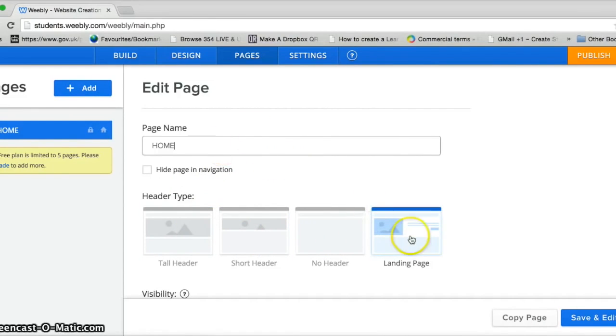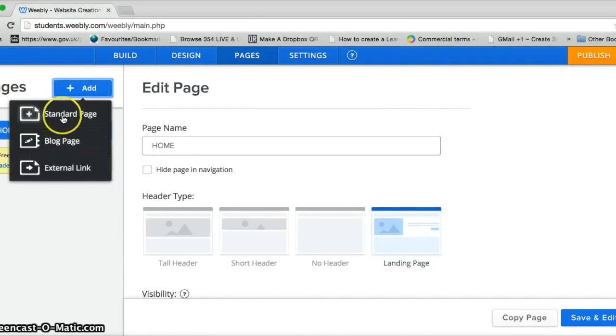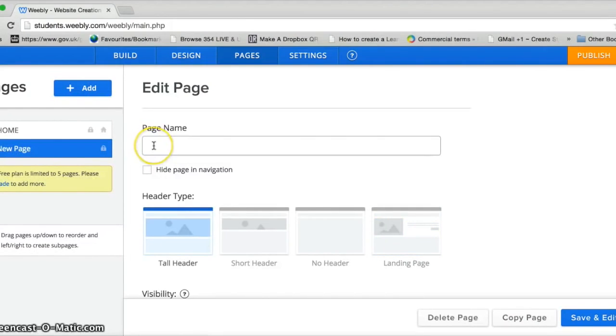So I'm going to keep the home page as a landing page. Basically that means it's an image with some text next to it and a button linking to something else as well. So I'm going to keep that as it is. But then when I add my new page, which is a standard page, I'm going to call that types of volcano,